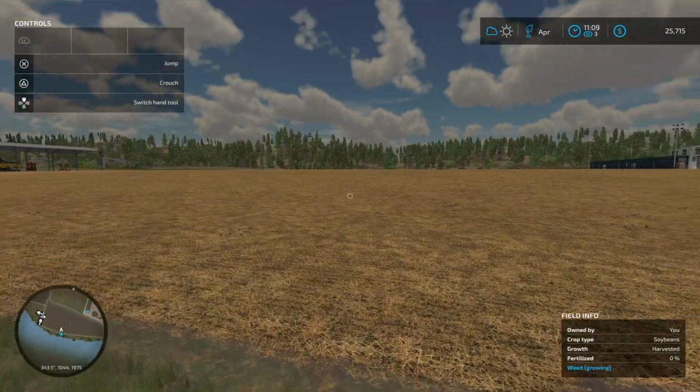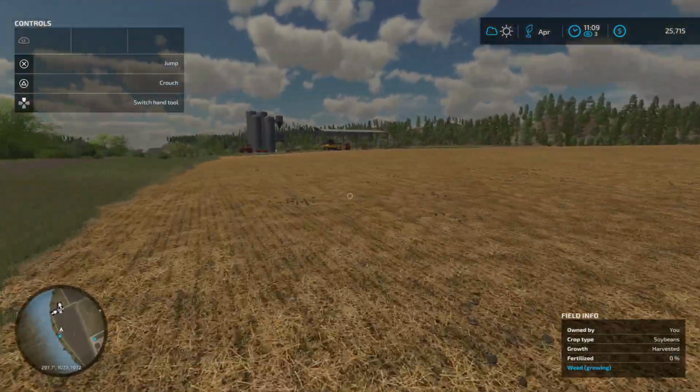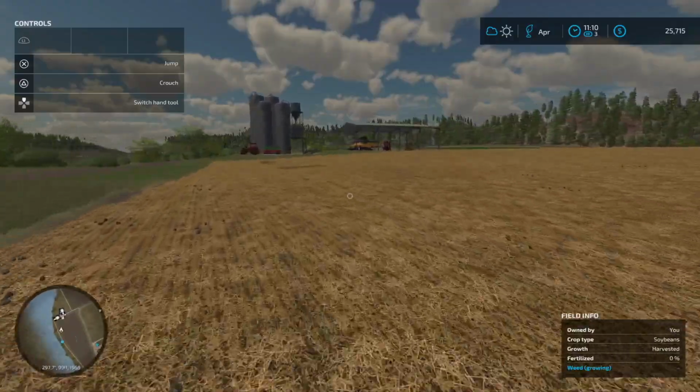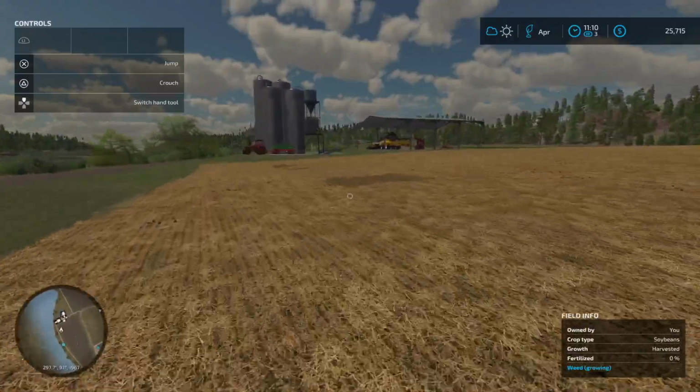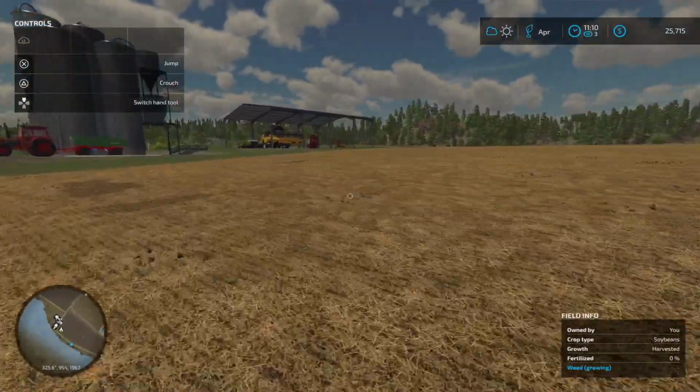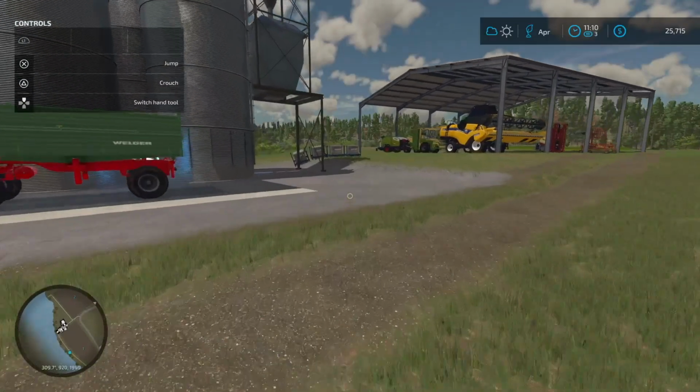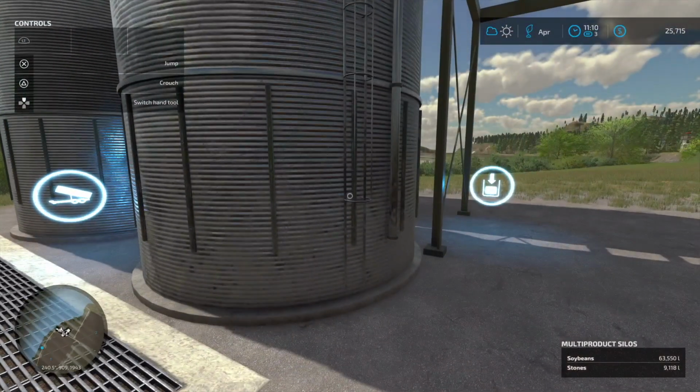That was busy, hey? That was busy. So we've planted the cotton and rolled the field, and we've harvested the soybeans. So this is all done. I want to see the total that we have. So we have